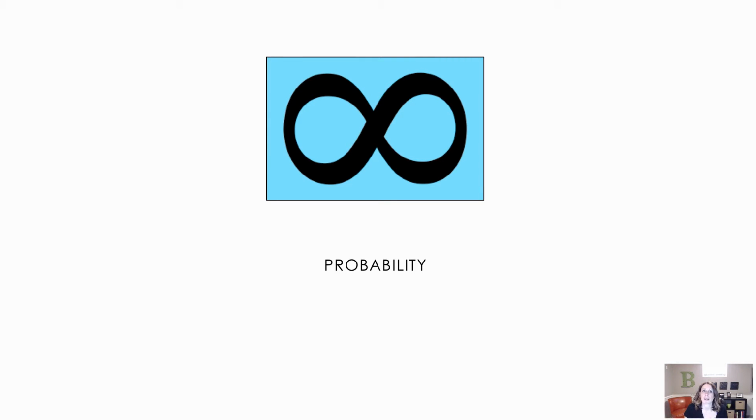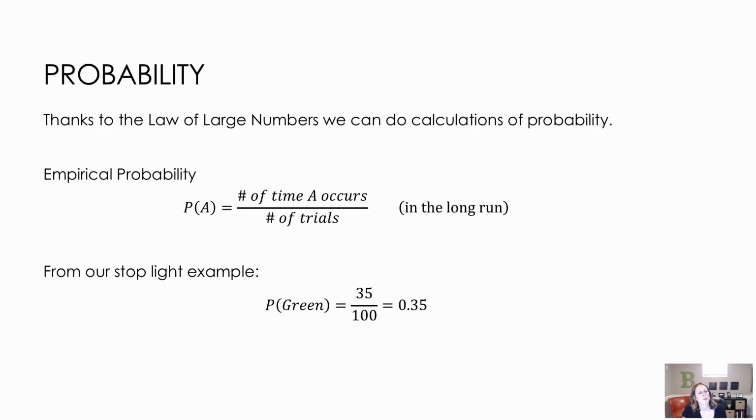This lesson is on probability. So we just talked about empirical probability, or experimental probability, or the probability in the long run. And it's because of the law of large numbers that we're able to actually look at what the theoretical probability would be. So we did a test, and from our stoplight example, 35 out of 100 times we got a